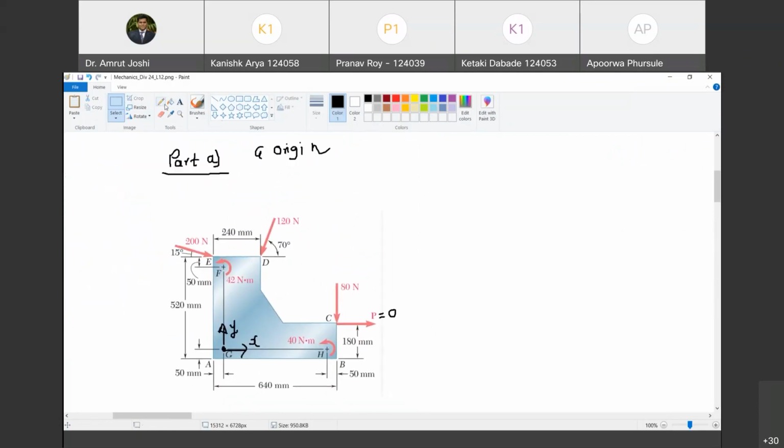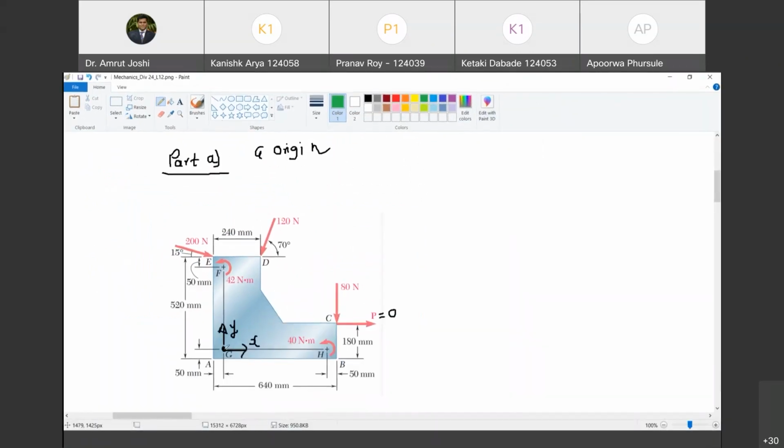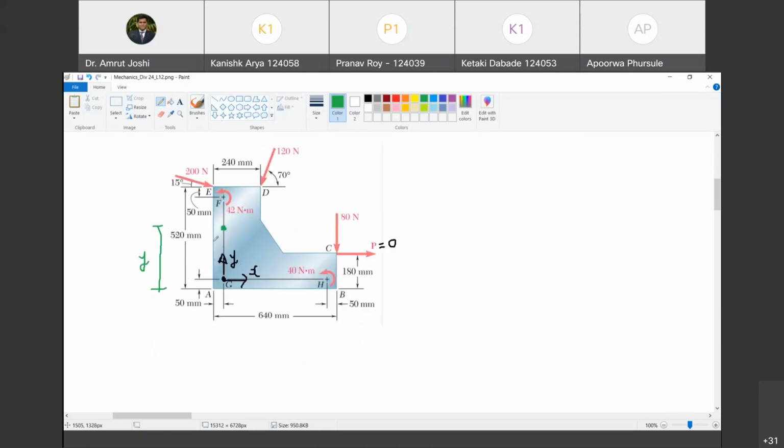I assume that at distance y from G along line FG, it is that point where I should drill the rivet hole. Are you with me? Yes, sir. This is the point where I should drill the rivet hole such that the resultant of all these forces and this moment together is going to be only a force. So what do I assume? They have used the letters up to A, B, C, D, F, G, H. So let me call this point I.